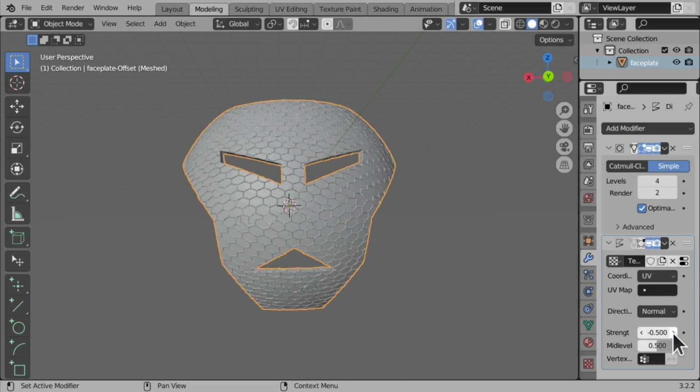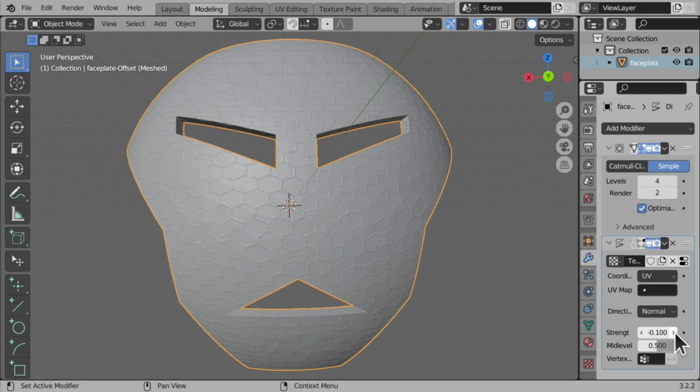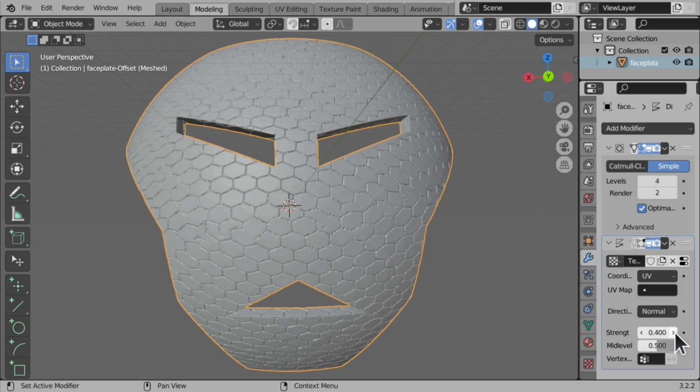So we can get less as we get near to 0, and we can go for something like that. Actually in minus figures here, so let's bring this out. So you can see it's virtually disappearing there, and now it's reappearing,